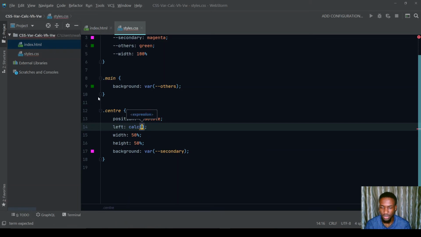It's written as calc, and we have the two brackets to state that it's a function that we're going to pass in properties to. And the property we're going to pass into this is actually the calculation. So we want this to go to the left 50%. Then we'll say minus what? We want not just 50% actually. We want this to go to the left 50% minus 25%,